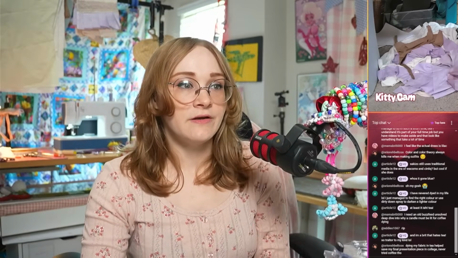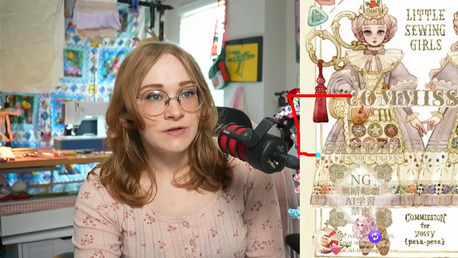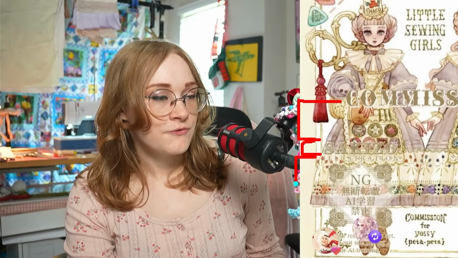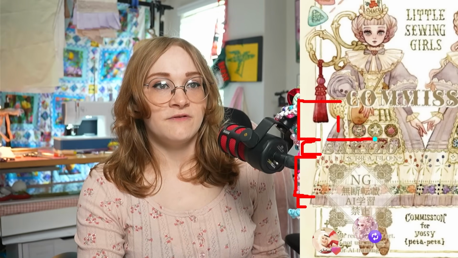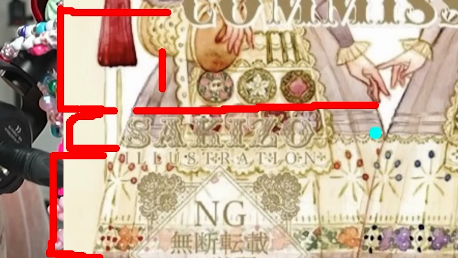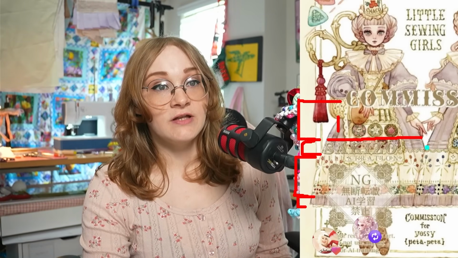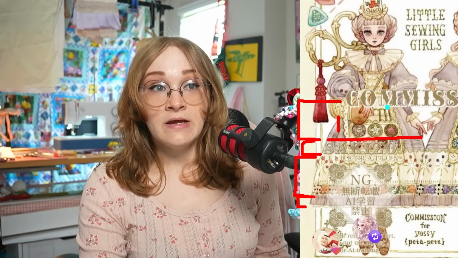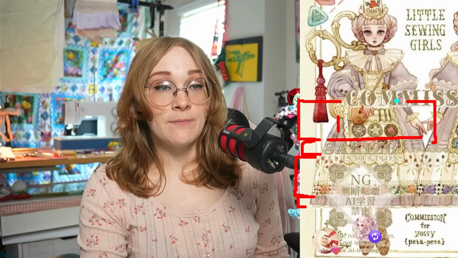But whatever. Before we get into the skirt construction, I need to establish a breakdown of this skirt and how I decided to pattern it, because it's a little bit strange. It is not a real skirt in the real world. It's a drawing. I sectioned out the skirt into 4 different sections. So this top tier here encompasses from here to these pin tucks. I'm interpreting these two lines as pin tucks. They could also be interpreted as lines of piping. Either way, for me, the first section of my skirt is from the top of the waistband to the top